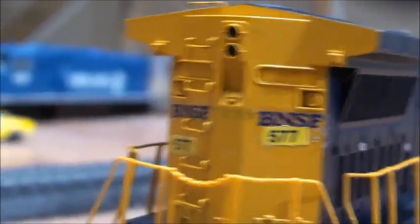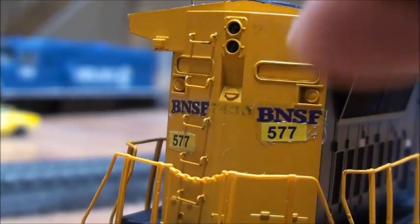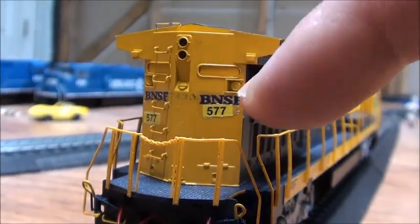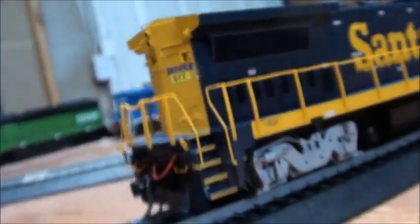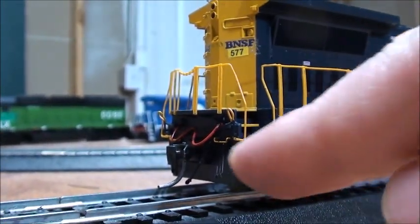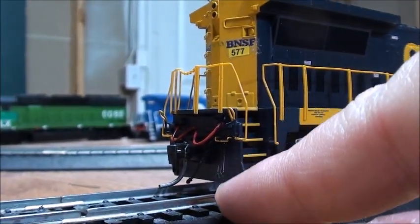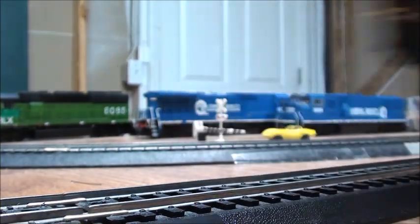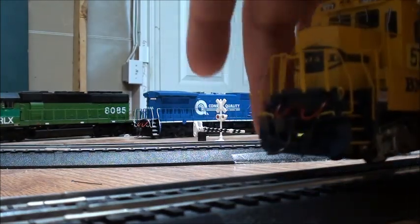And you can see remnants of it still saying 7430, because on the prototype the road numbers were on this side. So it's nicely done. You can see it's also got some details on the MU hoses and all that. So now I'm gonna flip the locomotive over. I'll show you some of the